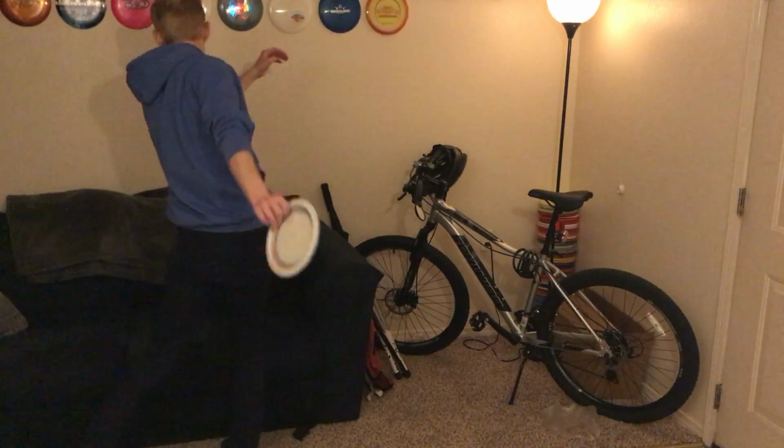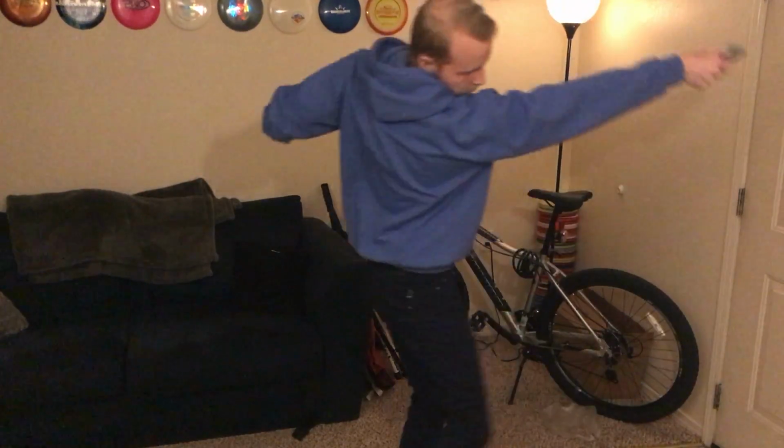The second place a disc can move is up. This is again the height problem with the reach back. If you reach back early as you take that last step, the disc can leak up, and that's going to cause that dipped pull and that nose up release. And the third place a disc can move is not move at all. If you reach back early, it's really easy to start the throw by turning your shoulders rather than everything happening at the same time, and that's going to start the disc behind your shoulders, and you're going to end up